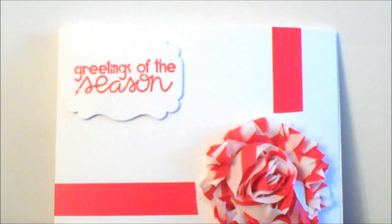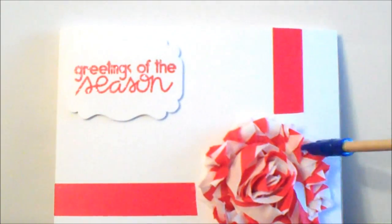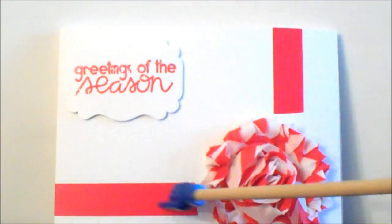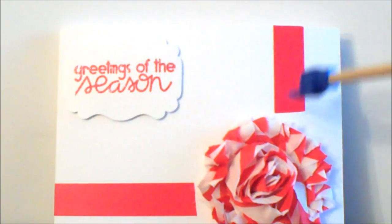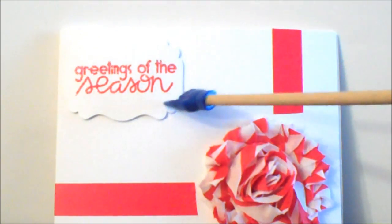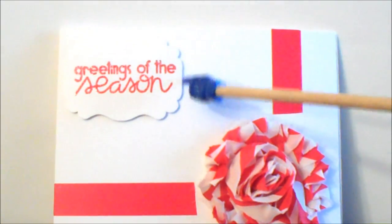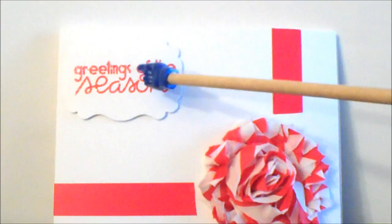Remember all the rage with frog feathers at this time last year? Well, I still love frog feathers, and I picked these up just a couple of weeks ago for my Christmas cards. And then this is washi tape from Paper Issues, just solid red washi tape. And this, I used that little punch from EK Success to do this. And that is,